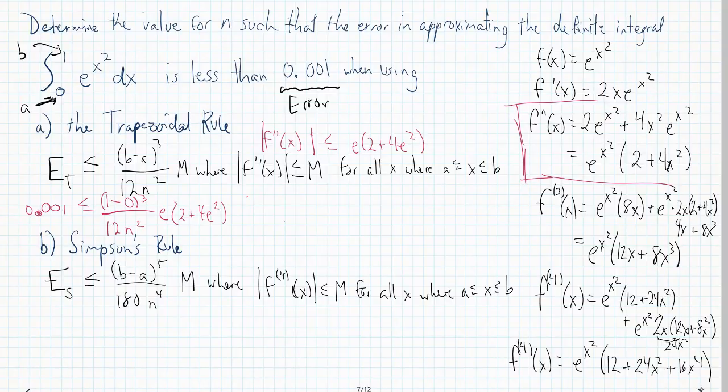Okay, so we want to solve for n squared. That tells us how many intervals do we need? How many things do we need to break up our problem into? So with that in mind, multiply both sides by n squared. Notice you get 0.001. Then you divide both sides by 0.001. And you're left with n squared